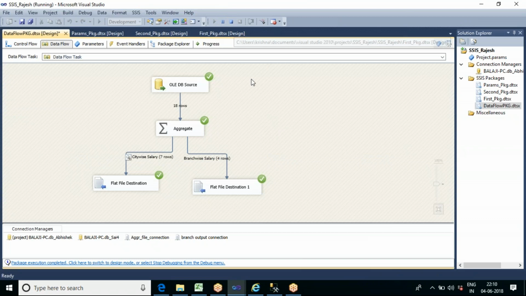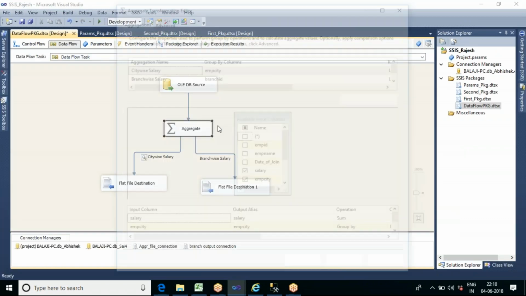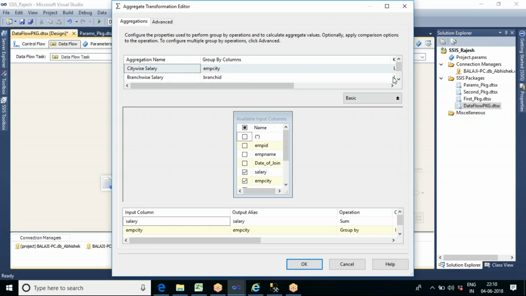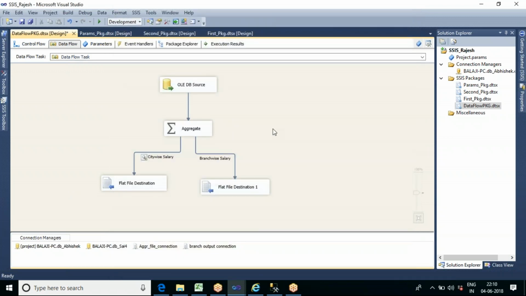Okay, so understood. Like this, if you want to include one more pipeline, you can go to this and go to the advanced section. Okay, and you can have one more pipeline. If you click on it, one more pipeline is coming like this. Okay, any doubts up to now?